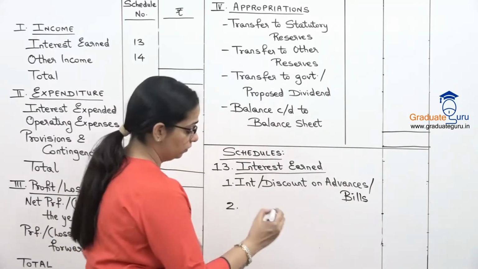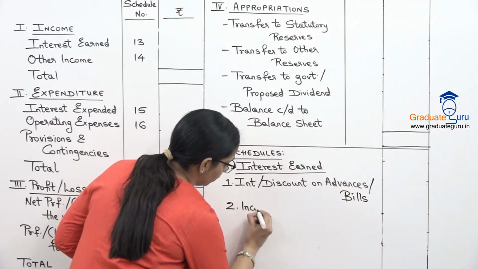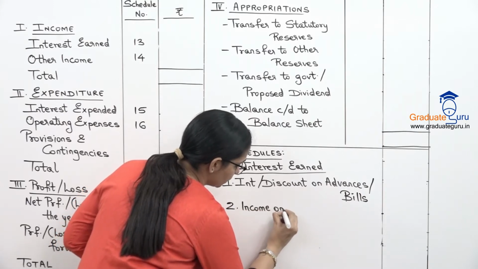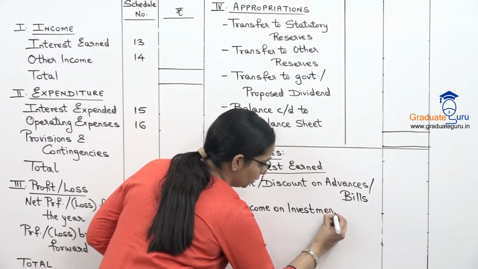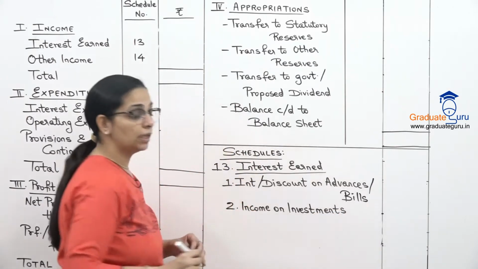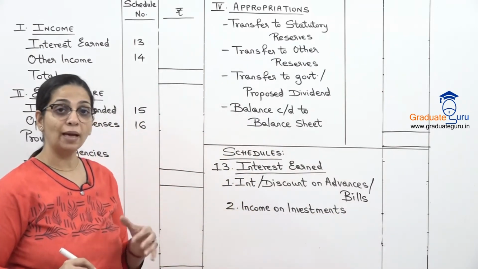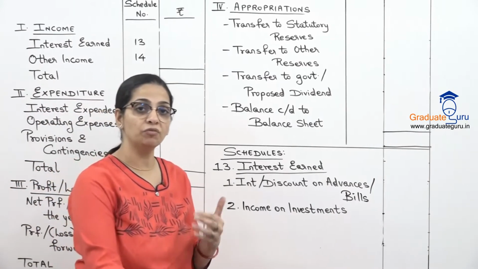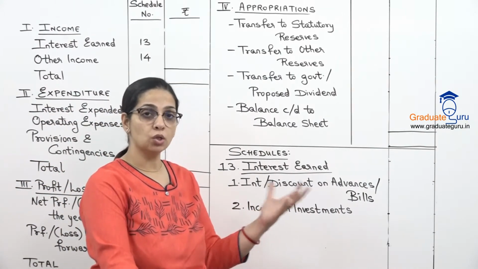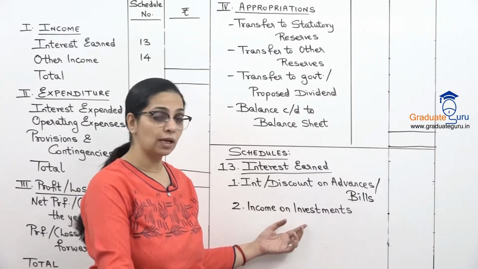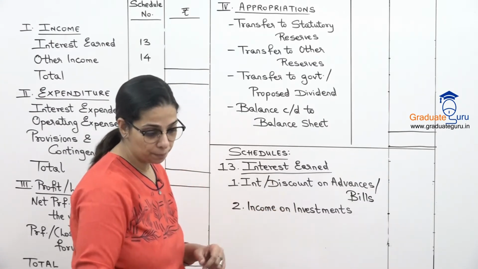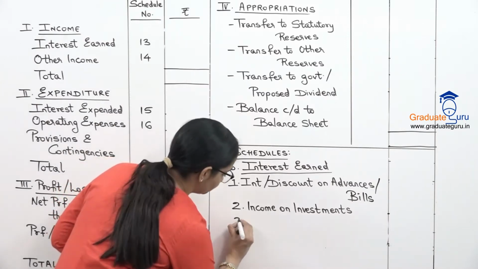Then we have income on investments. So that is also a part of our interest earned. If I am earning any income or interest on my investment, as a bank, if we have invested, just like we saw in the investment schedule, जो भी हमारे investments है, उस पर जो भी income आएगी, that is also taken here. Then we have